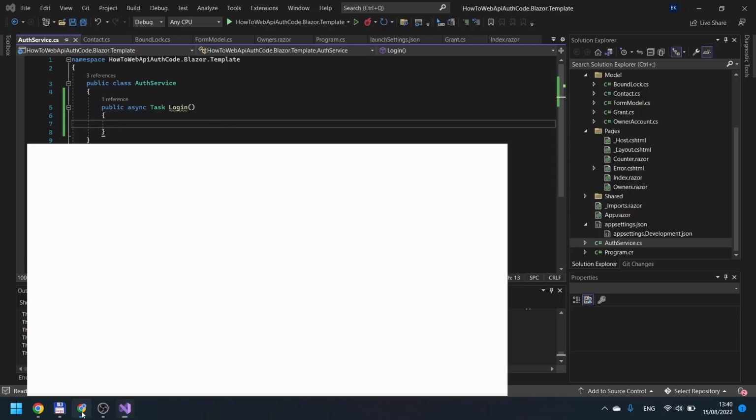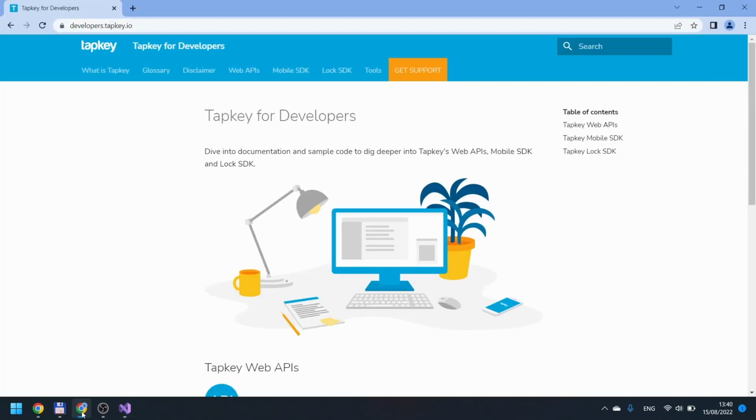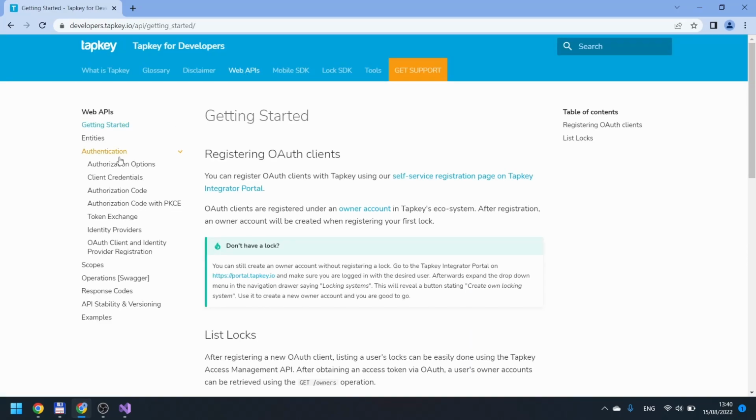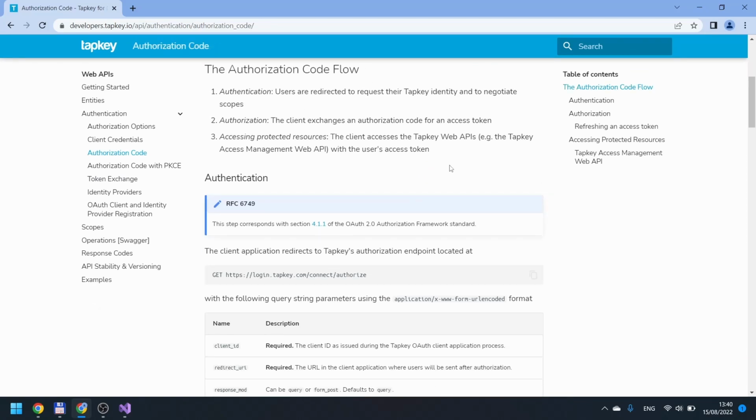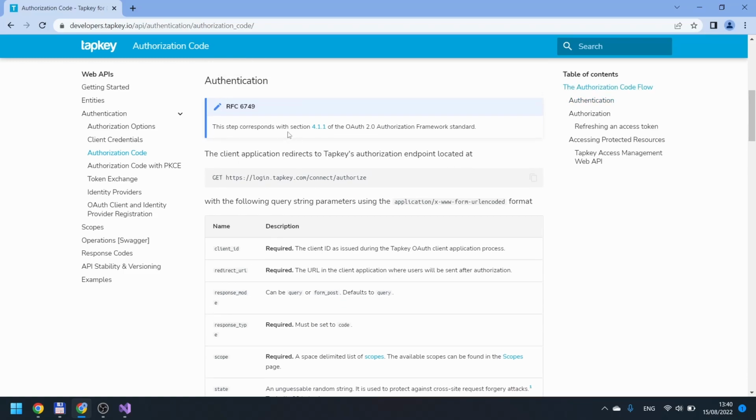To do so, we will open the developers.tapkey.io page, our documentation page, go to Web APIs, Authentication, and Authorization Code. Here is a detailed description on how authorization code works. I really recommend you to read it through. And the first step is the authentication. We see we need to redirect to https://login.tapkey.com/connect/authorize, and we need to send the following query string parameters